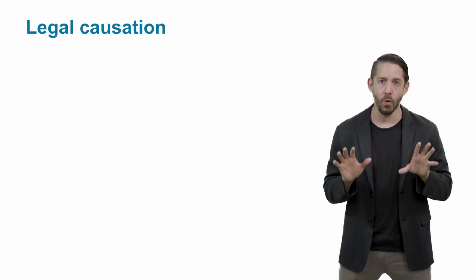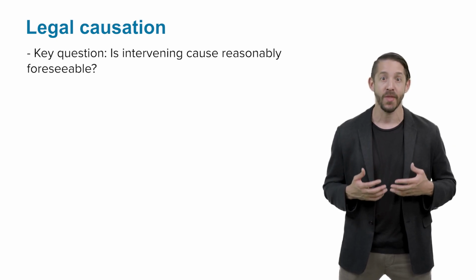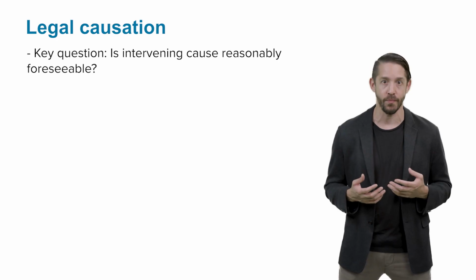So, legal causation issues only arise once intervening outside forces come into play. If you see a fact pattern without those forces, well then legal causation is unlikely to be an issue. By contrast, when intervening outside forces arise, the question becomes whether any of them qualify as a superseding cause, sufficient to break the chain of legal causation. The fundamental question to ask in determining whether an intervening cause is a superseding cause that breaks the chain of legal causation is whether it was reasonably foreseeable.